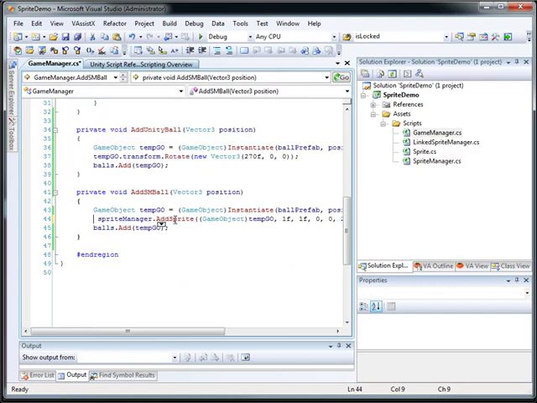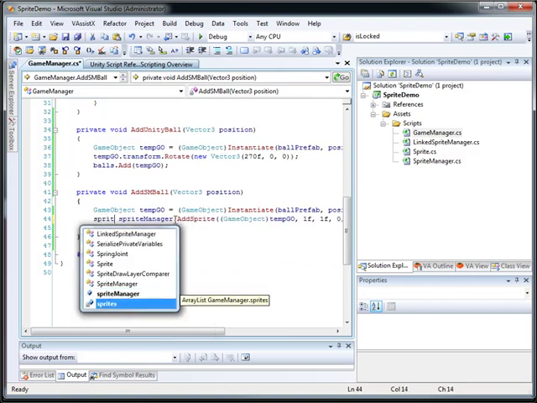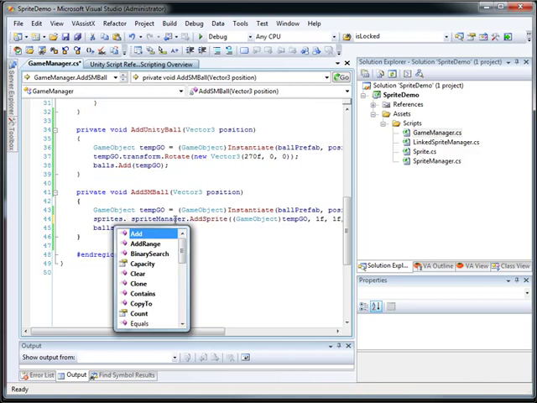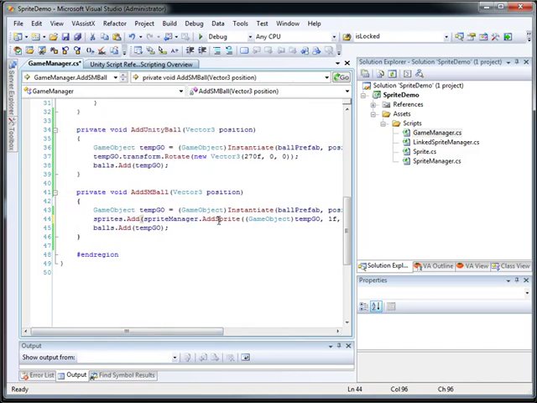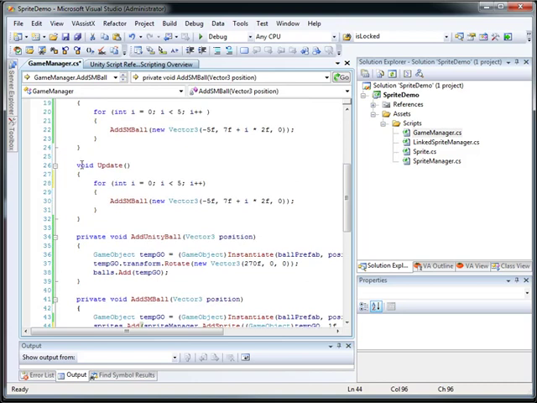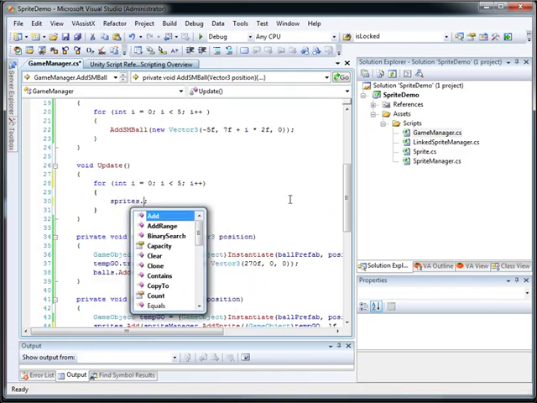To do it, I'm just going to type in sprites dot add, and I'm going to pass in this entire line of code. What this line of code is doing is adding a sprite to the sprite manager, which then returns a sprite from this method, which is then added to our sprites data structure. From there, I can come back up here to our update, and instead of doing add SM ball, I can do sprites dot